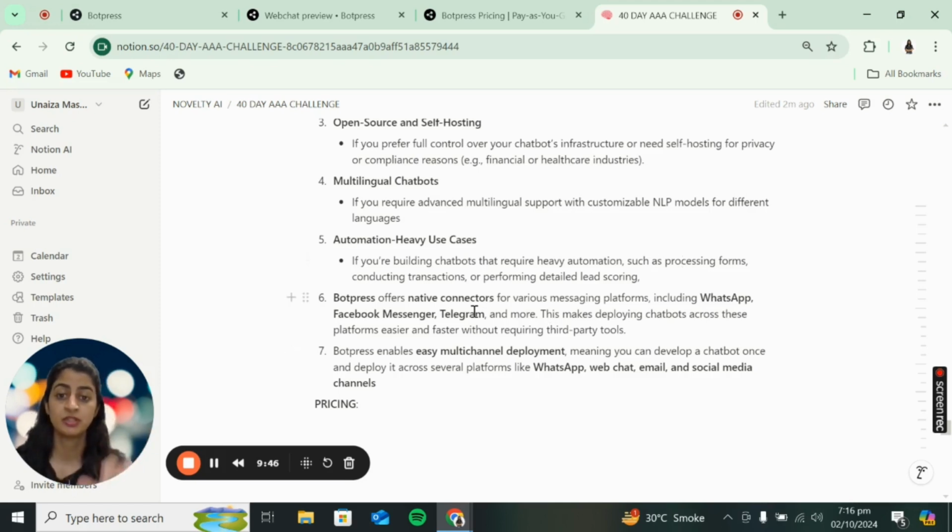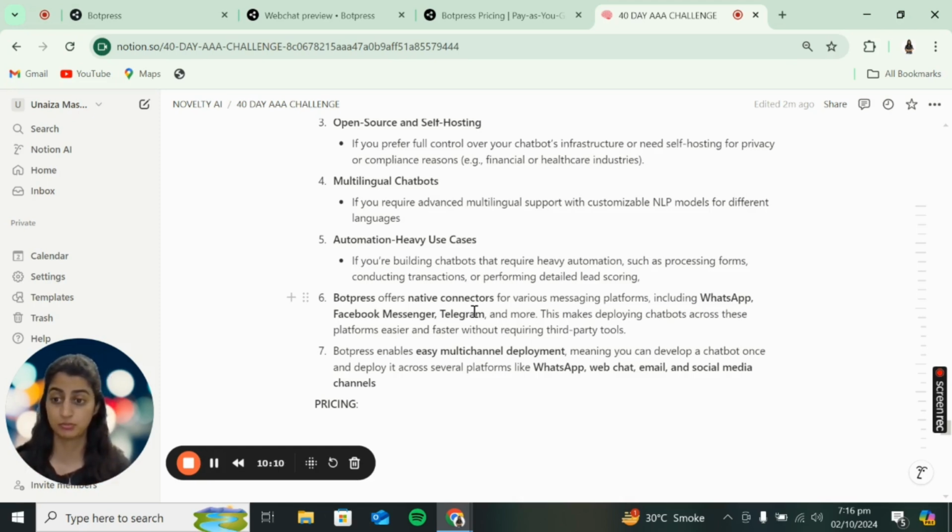Another reason why you would use BotPress would be when your client or you as a business want this chatbot to be deployed on WhatsApp or social media channels, and you are not really tech savvy and you don't know how to get third party apps to integrate this bot into your social media platforms.